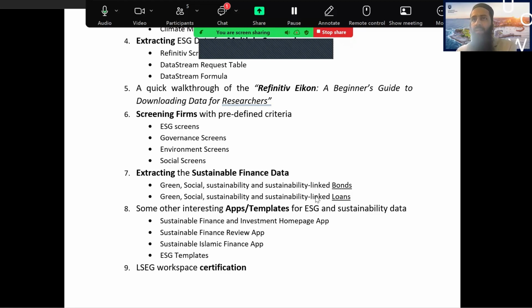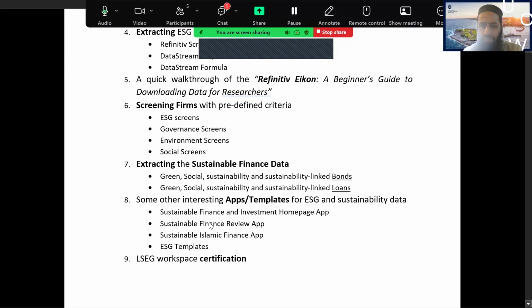It happens in December. There was a working paper presented by one of the researchers. They have used data about the sustainability linked loans, and they have seen if there are sustainability linked loans, does it improve the ESG performance of the company? Because these kind of loans and bonds are for sustainable projects. So does it drive the improvement in the sustainability performance? Again, from my experience, there is a potential to use this kind of data set in your projects if you're interested. And then there are some apps and templates you can use.